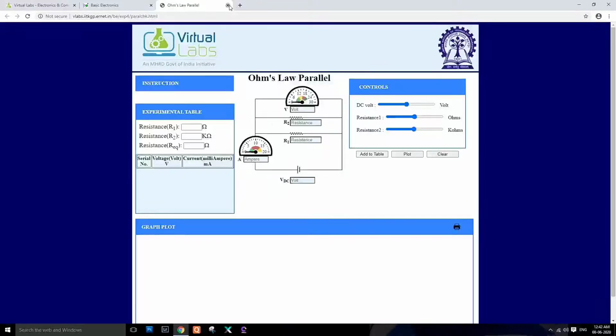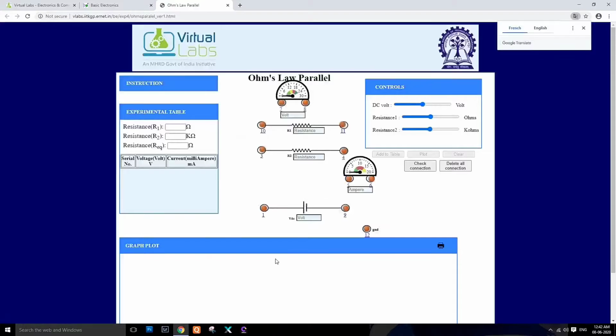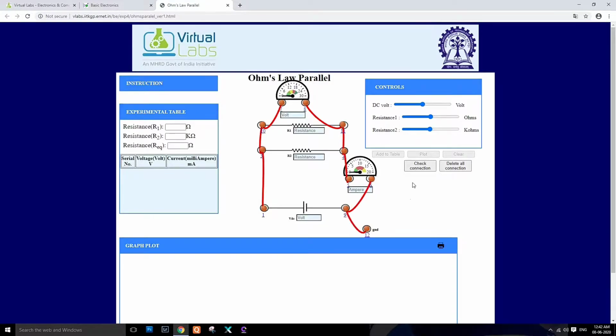Again, for the parallel resistance, draw the circuit. If you want to draw the circuit on your own, then you have to click on draw circuit. In this way you can draw your own circuit. Then check connection, it is right. Then set R1 and R2, set resistance value,